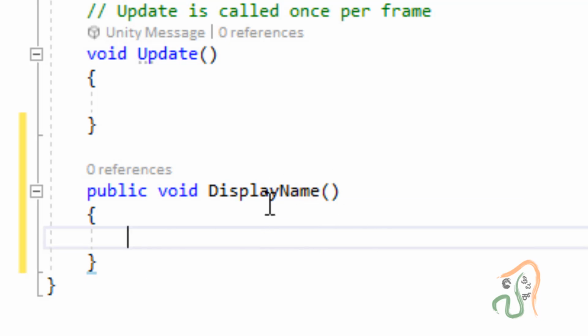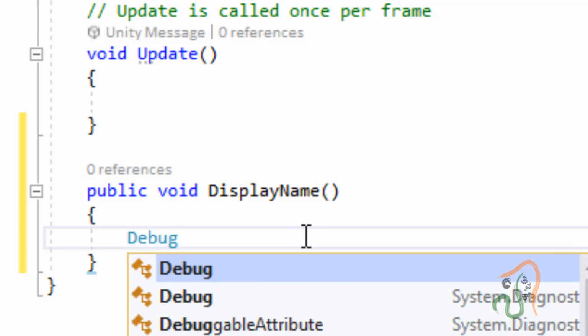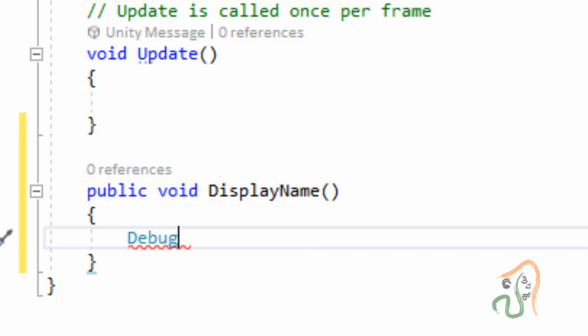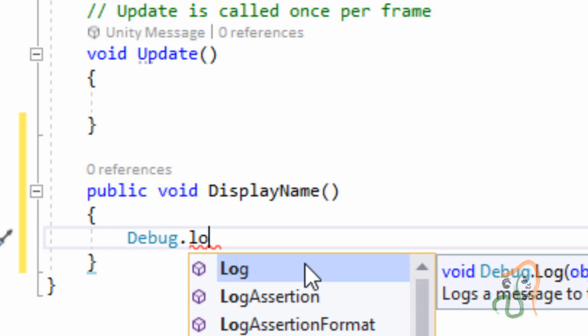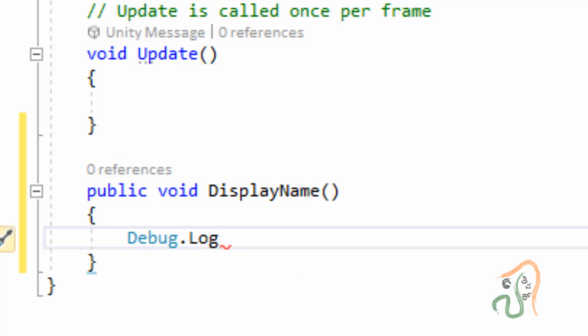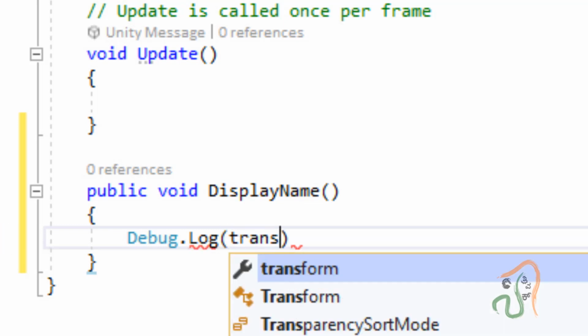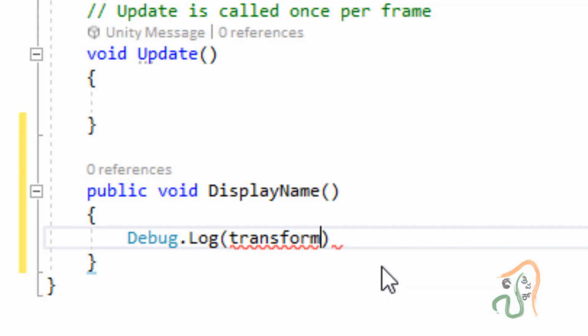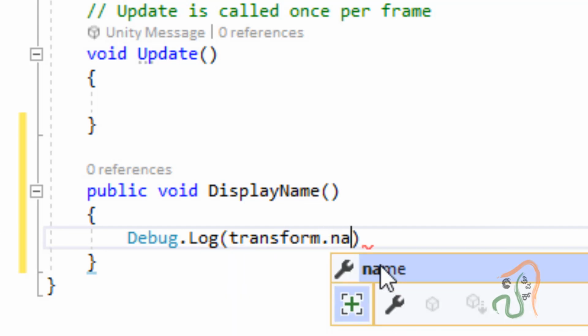So when we call this display name command, what should happen now is, let us call this debug.log, which we use to print it in the console window. So select this debug.log, and inside the open close bracket, what the console window has to print is, choose transform, period, and name.